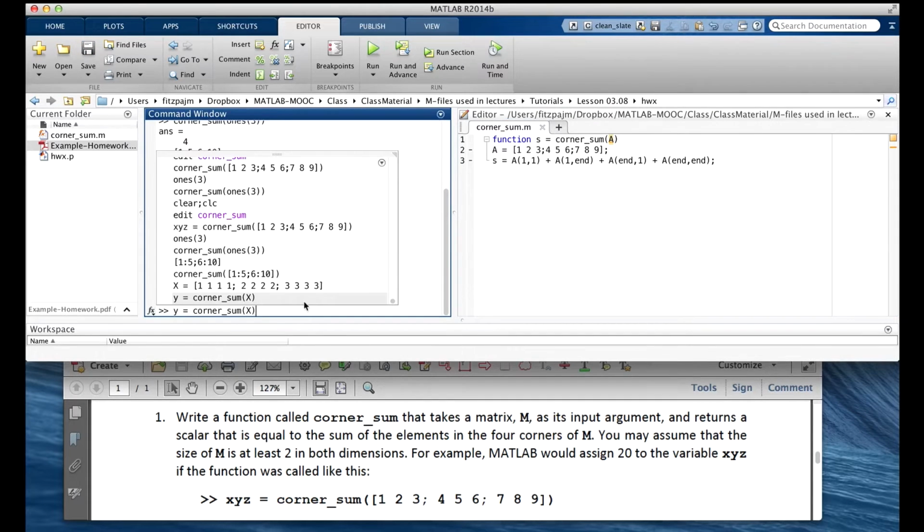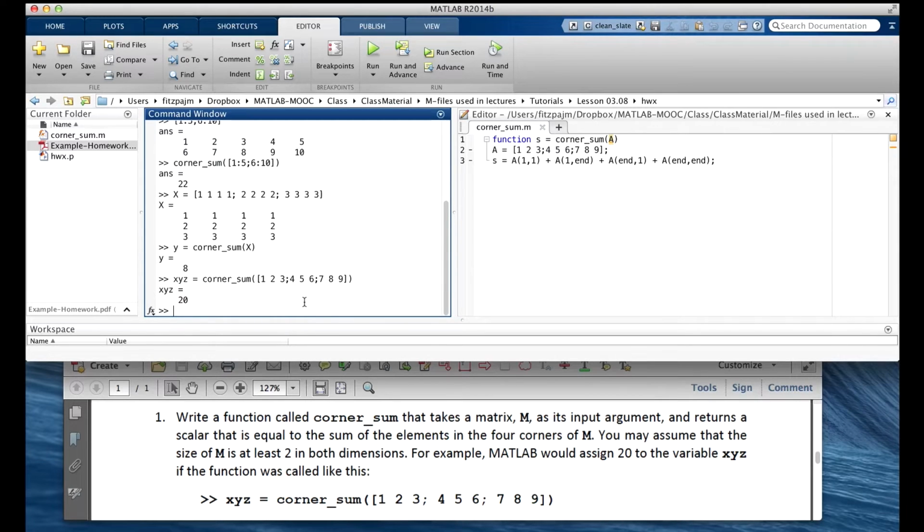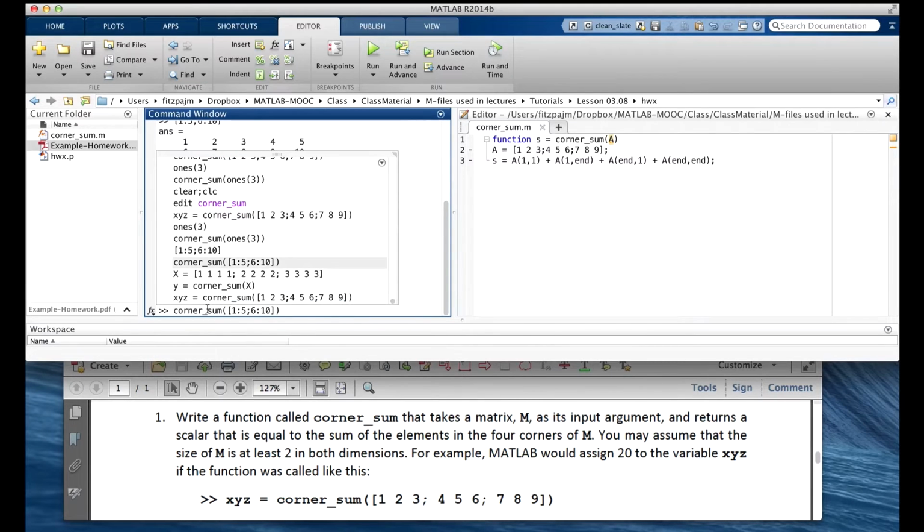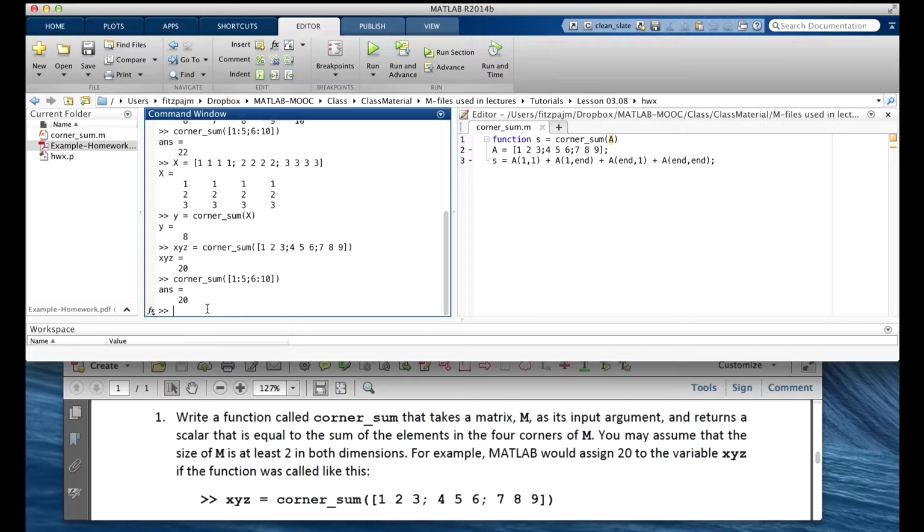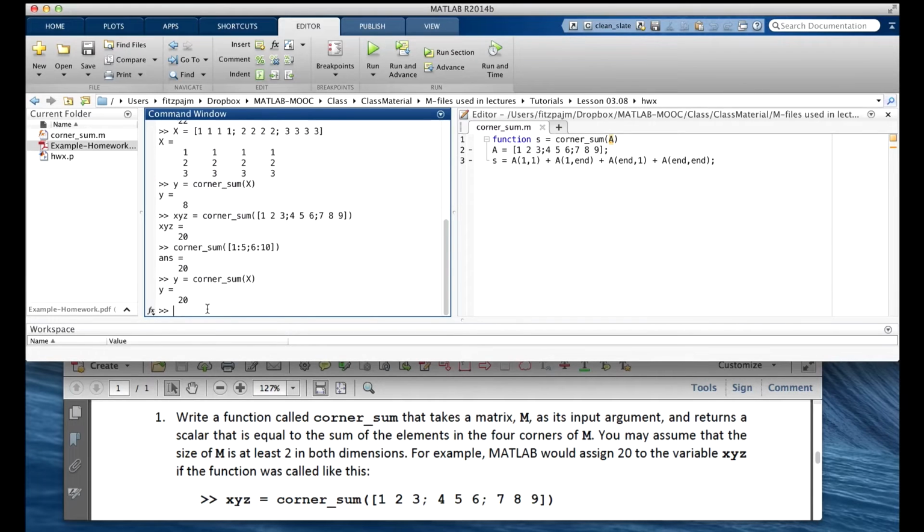So let's just go back and call it with the very first example that we did, that we got out of the problem. You might do that, and you look at the answer and it says 20. You think everything's copacetic. It's great, worked just fine. Well, let's try it with one of the other examples that we had. What's this one? We get 20. Remember, the answer was supposed to be 22 for this one. And now let's do the one with the x. 20. That's not the right answer. That was supposed to be 8.